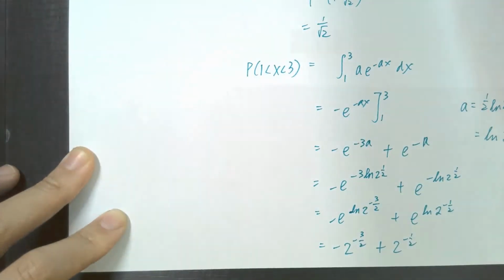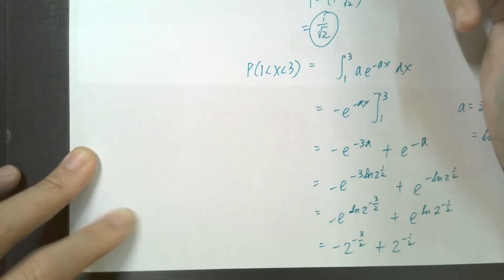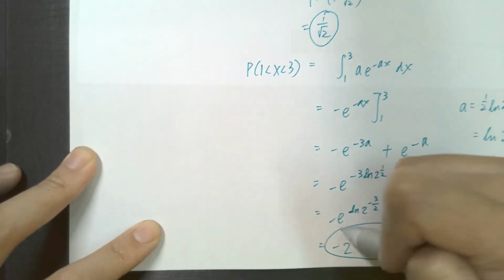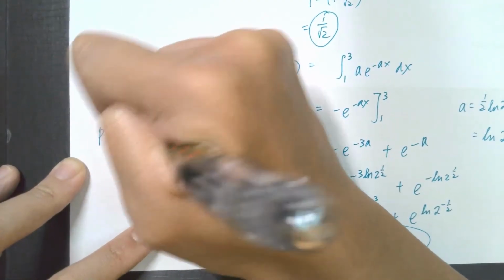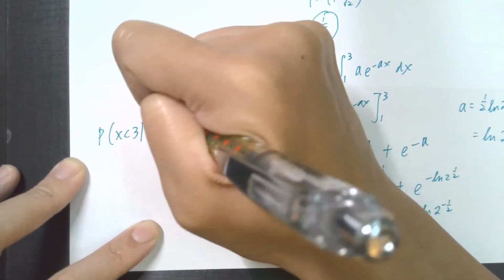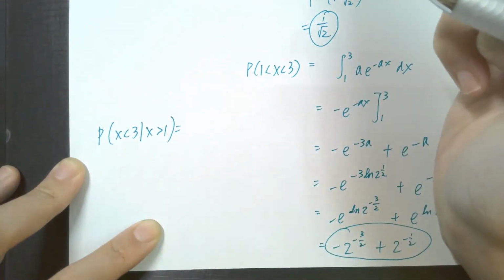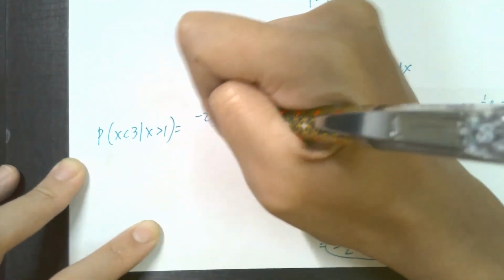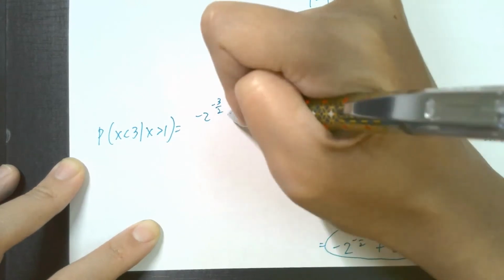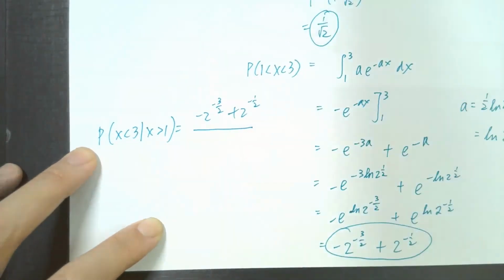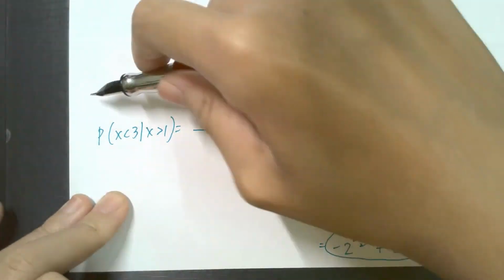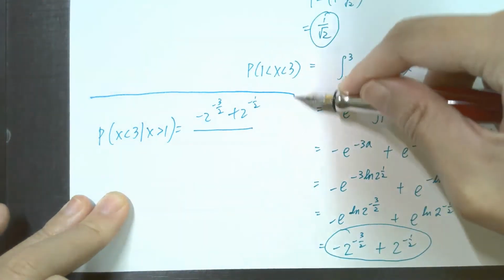We have two things we know, this and that, and so the probability of x smaller than 3 given that x greater than 1 is negative 2 to the negative 3/2 plus 2 to the negative 1/2, divided by, let's carve out a space for our lovely calculation,